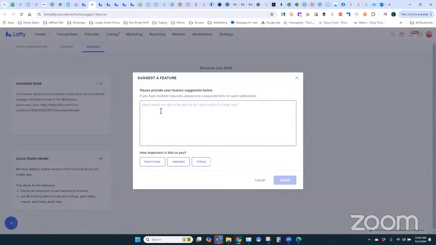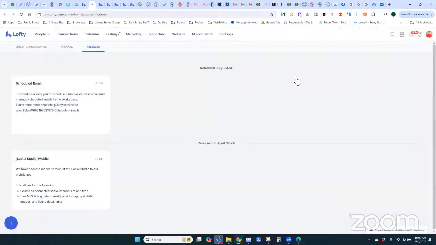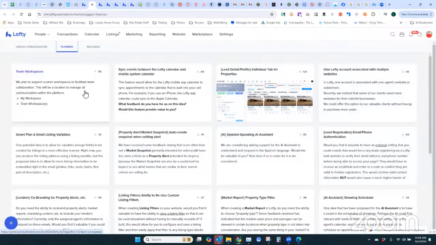So these are critical ways that you can push new ideas and get the system to work the way you want it to work and have it work for you, because they do take into consideration everything that's in here. Now, I wish there was a way I could see what I submitted, because I have